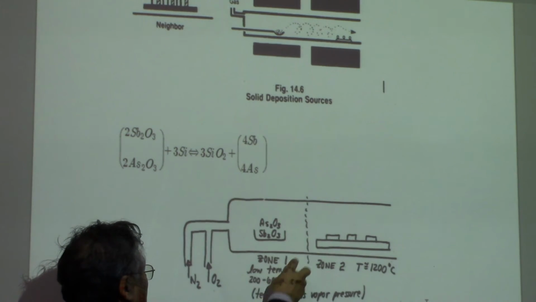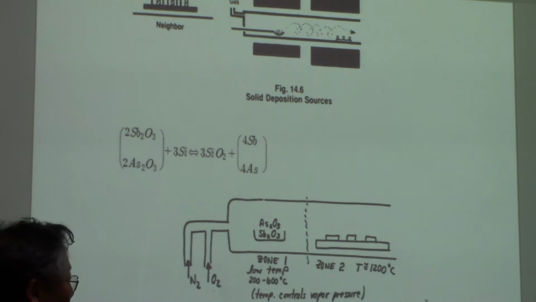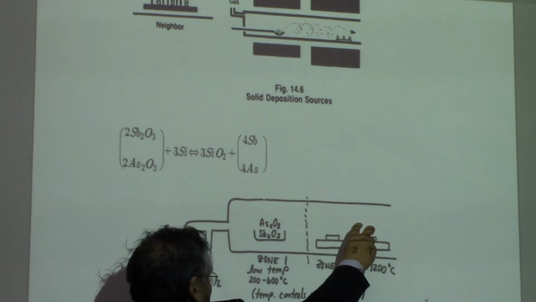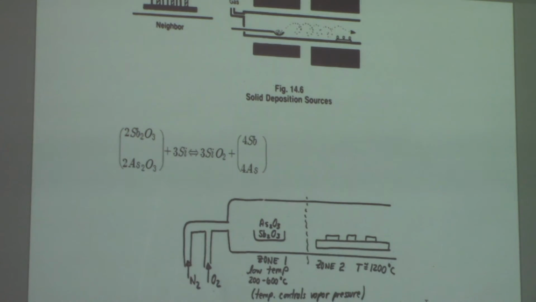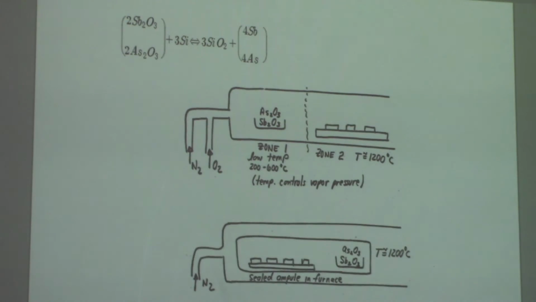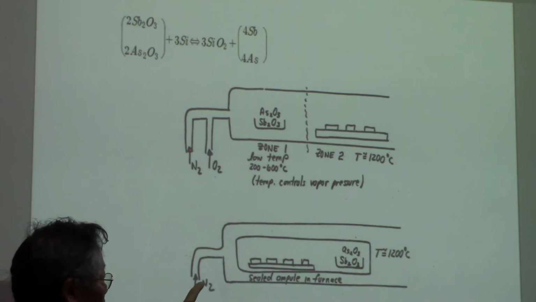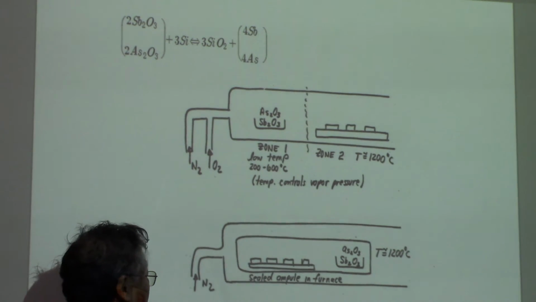At low temperature, it has arsenic or antimony oxide, and then that vapor is going to be reduced in the high temperature zone. Okay? It's just that solid sources are available for these two dopant atoms, and this is the open structure of the